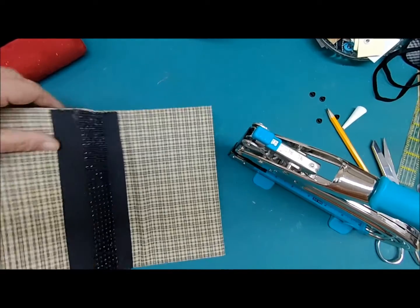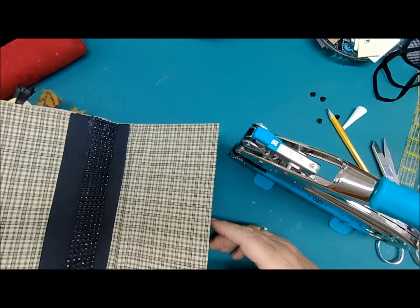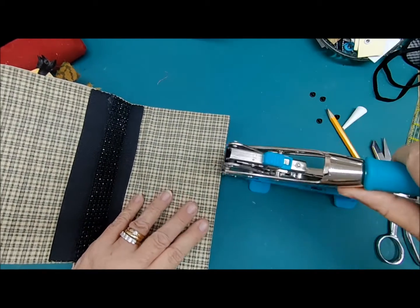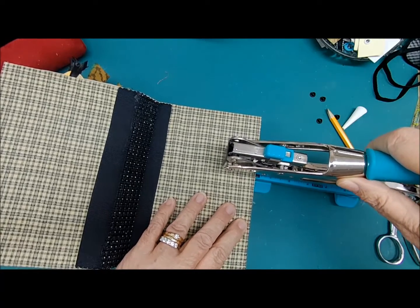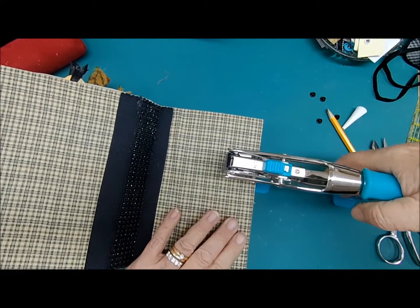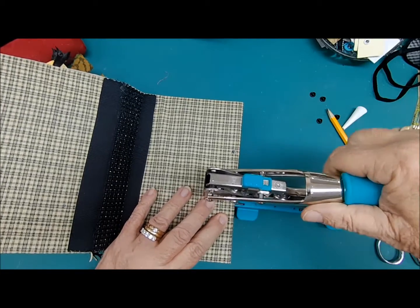I'm going to bring this over like this and check inside. I don't want to go too far down. I don't want to punch that. So first we're going to go all the way back. I'm going to find that mark that I had and go right above it and just punch. There we go. And again over here on this one,